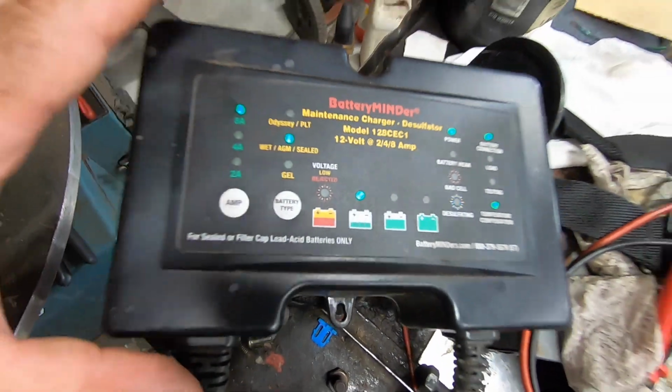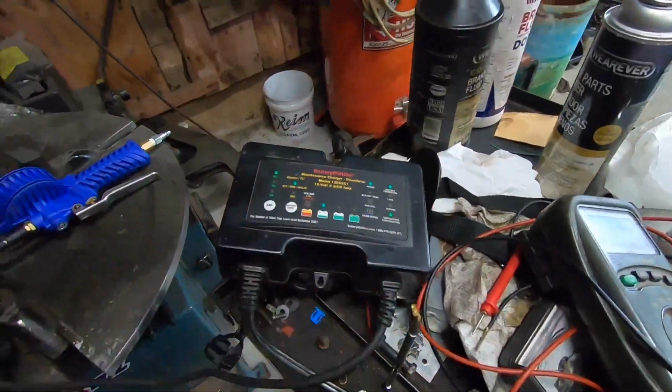And then it also desulfates. I guess it'll vary the voltage up and down, and that'll break up sulfation theoretically in a battery. They say that's what it does. And just for my use over the past 12, 13 years, it works. I'm telling you, man, it's a good charger. Wicked good charger. A little spendy, but in this day and age, it ain't really all that expensive when considering